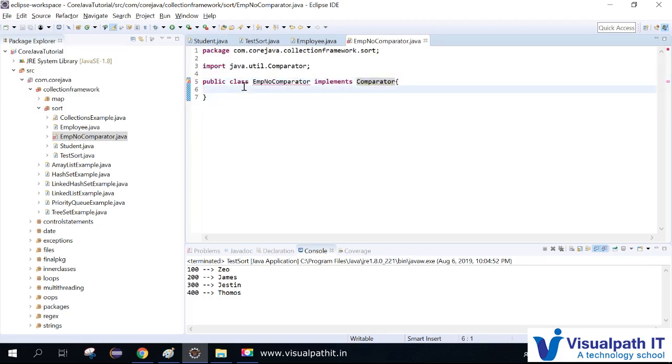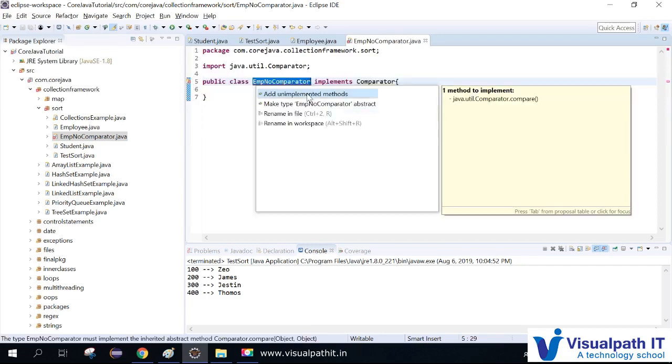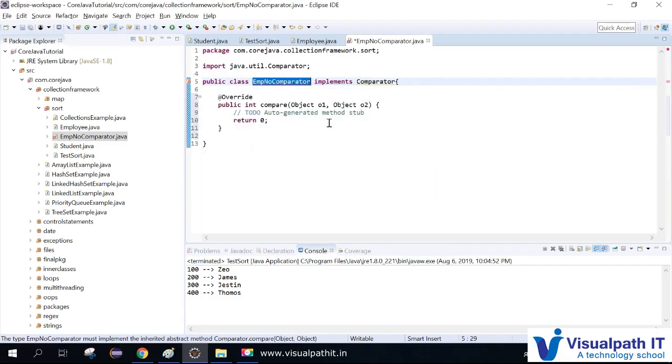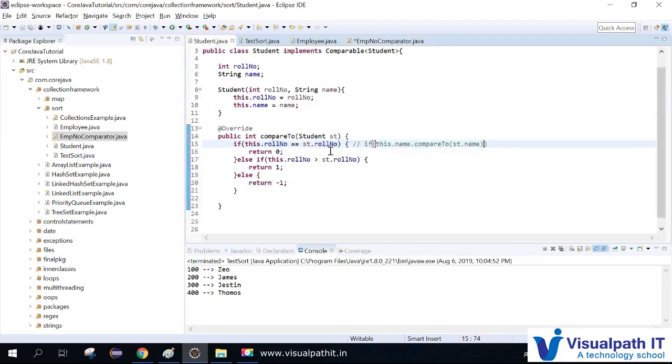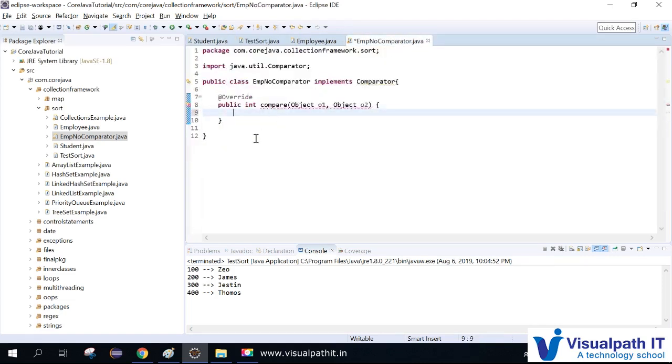But make sure, guys, you just need to implement one unimplemented method, which is the compare method, which is actually having two objects. I'm just taking o1 and o2 as two objects. Here also I'm doing the same, like how we did here for this object under the parameterized object. I'm doing the same for these two objects. The code will be,